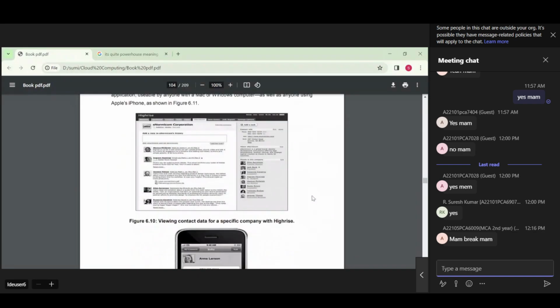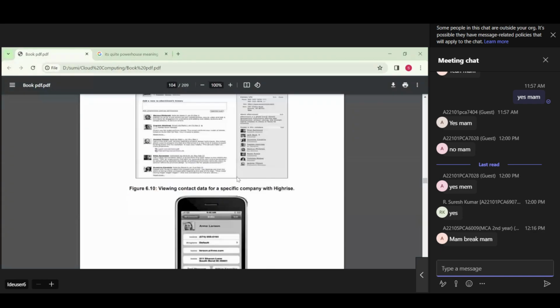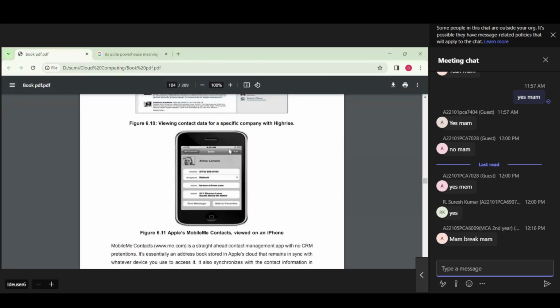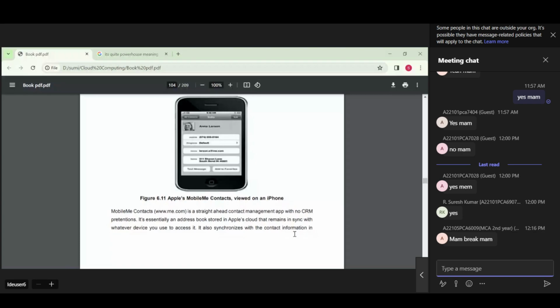So here also they will provide you the customer contact for a specific company. So this is viewed on the computer. The same thing you can view by using a mobile phone, so that it is called Apple's MobileMe. That is, only using the iPhone you can view these options. Okay,